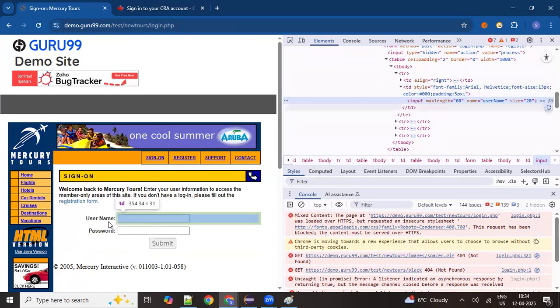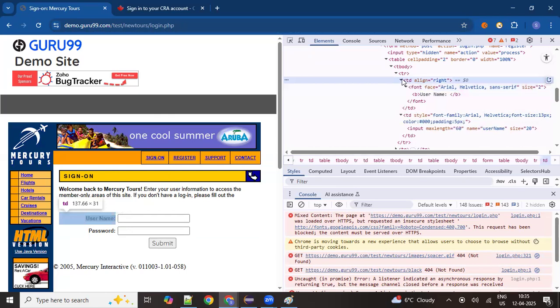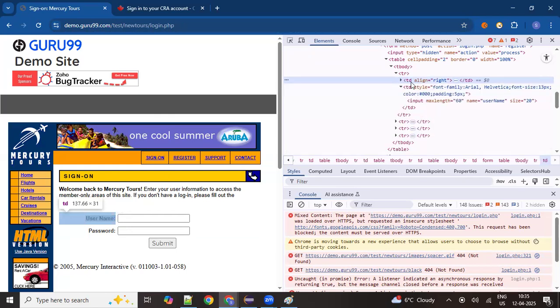Now let's say I want to see the username here. We can see that username is just a font and just a word present. It is just for display purposes, right? It will not store anything. So username itself will not store anything. So how did it get displayed here in this web page? Because of this part, this bold username colon, which is present in this TD alignment. So TD is like a division of